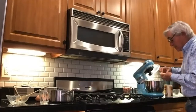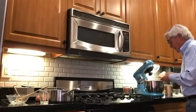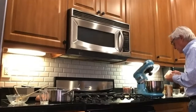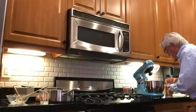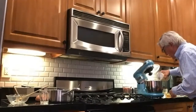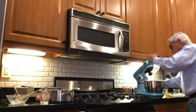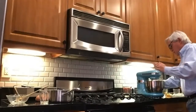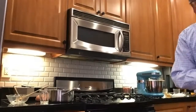Well, this is something I've never done, so I'm kind of excited to be trying this out for a first time. Just a little bit of salt. I'm not one of those cooks that measures all. I'm more of a cook than a baker. I like it. So, as a blend,